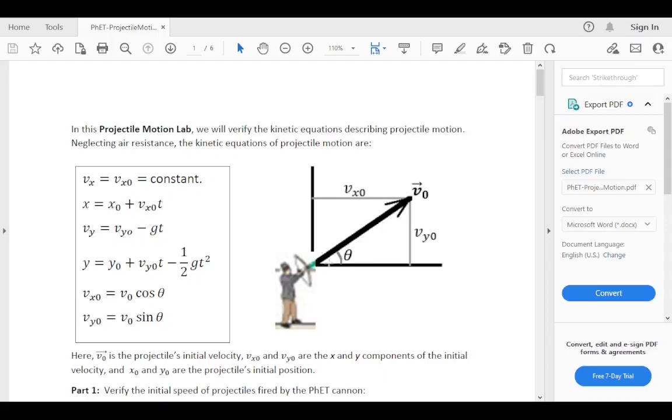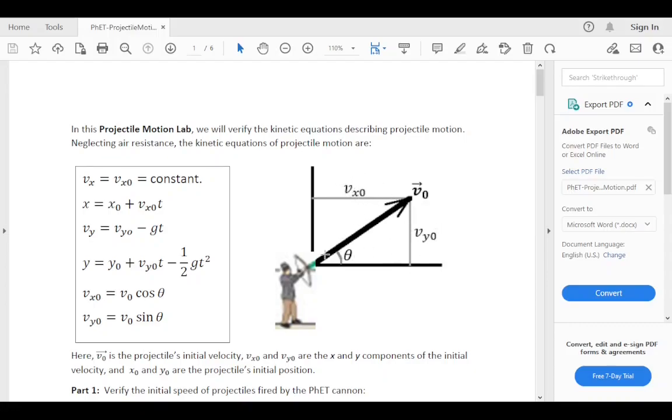We would call it free fall if he just shot it straight up. If he shot it straight up, I guess he would know what to do. He would have to run out of the way, because it would fly up, turn around, come back, and he'd have to get out of the way if he didn't want to get hit in the head. So here he's shooting it at an angle, and so it's going to have some initial x